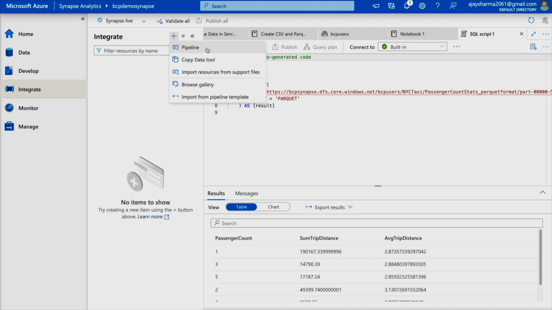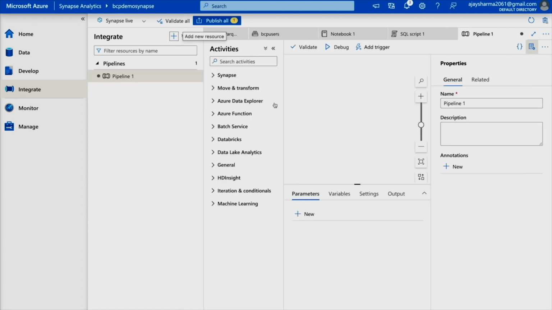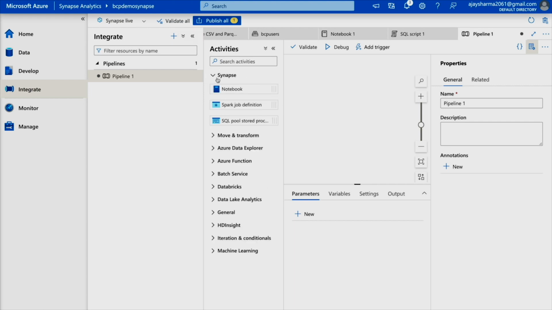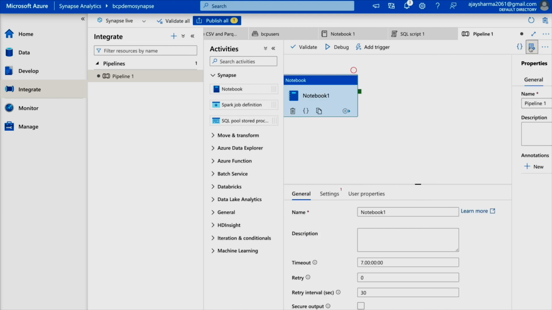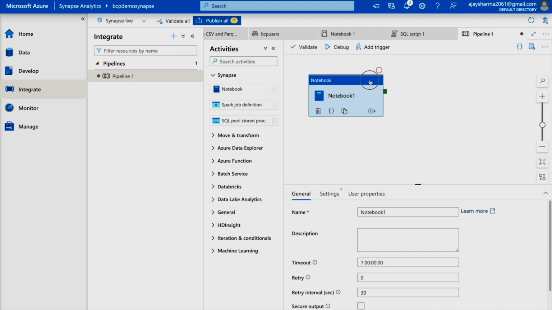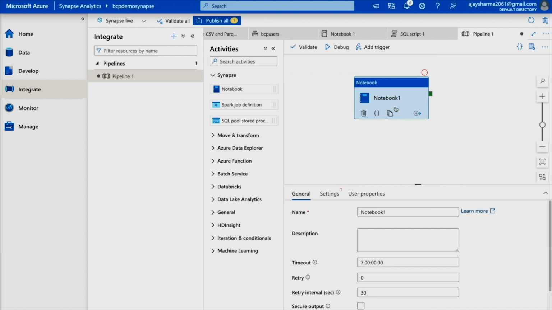Just click on this one, and now under activities, you can expand the Synapse folder. So you have to look at the Synapse folder, which is over here. And now I'm going to drag this notebook over here. So let's just drag it over here. You can even rename this one if you would like to, but I'm going to leave it as it is right now. Now you can see that this is our notebook, which we are going to use as an activity